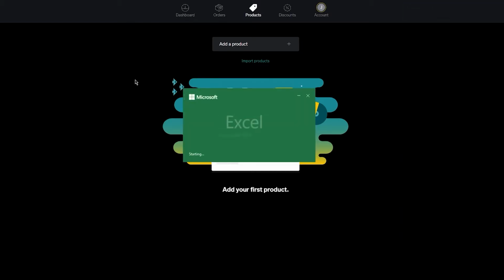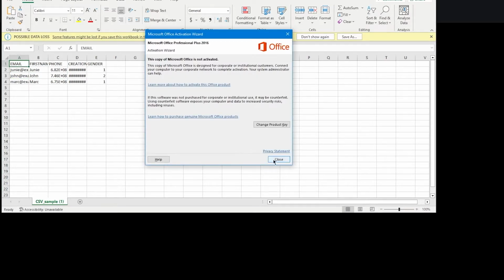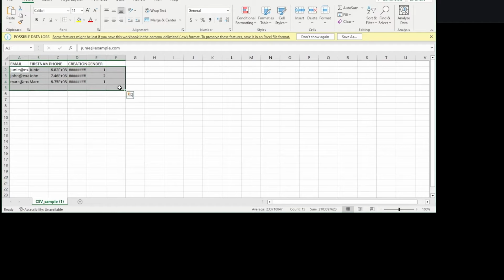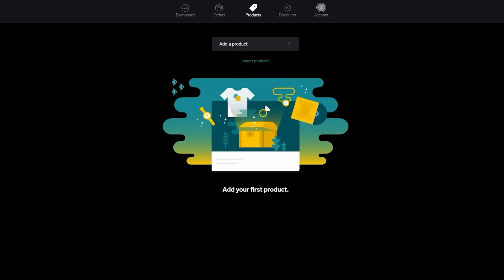So this is a CSV sample that I have. And this is what a CSV usually is. You have data up here. So this is your data. I'm sorry, this is your header. Okay. And under your header, you have data as so. So now once you understand all of that and how it actually